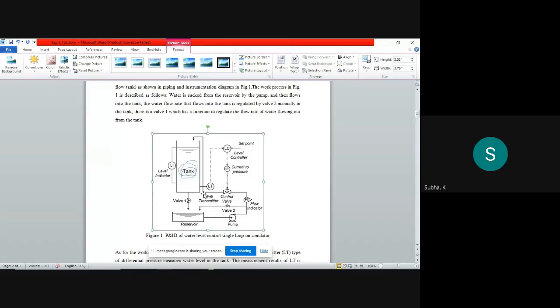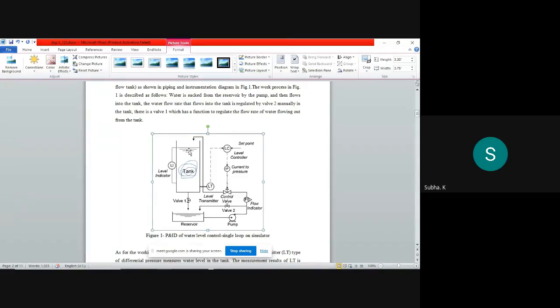You must have studied this in measurement and instrumentation, no? Sensor and one more thing, sensor and transducer. Have you studied? What do you mean by transducer? Transducer converts a physical signal to an electrical signal. So what physical signal is measured here, sensed here? Water level. Yes, water level. Directly it is not sensed.